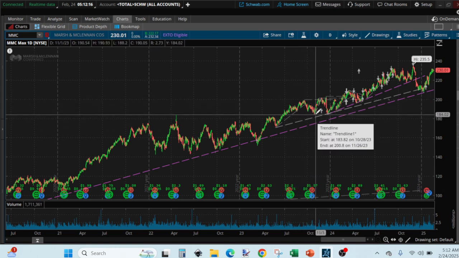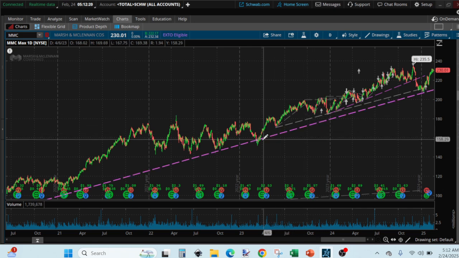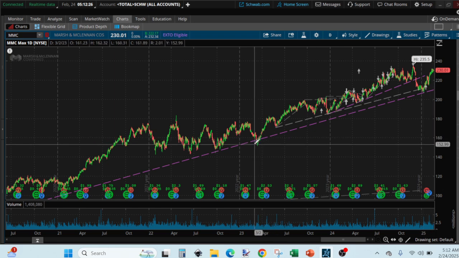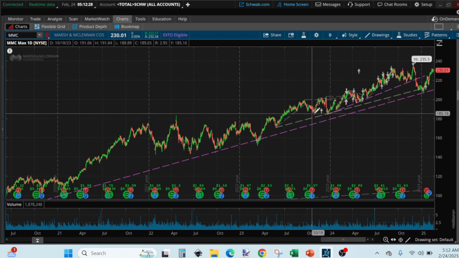But keep in mind that if you are buying it here, you'll be buying it at a higher price compared to where you bought it before. You see that when I put my mouse here, the price here compared to when I put my mouse here. So you might wonder about buying it here to avoid losing this profit,